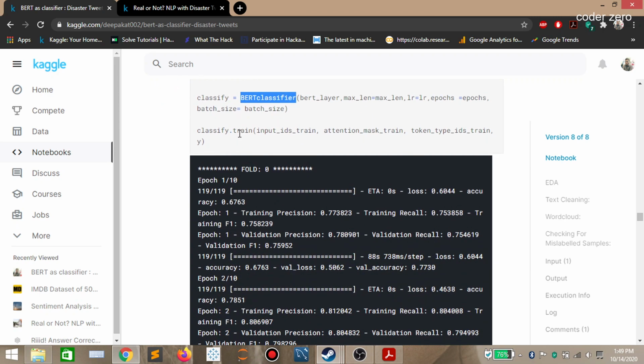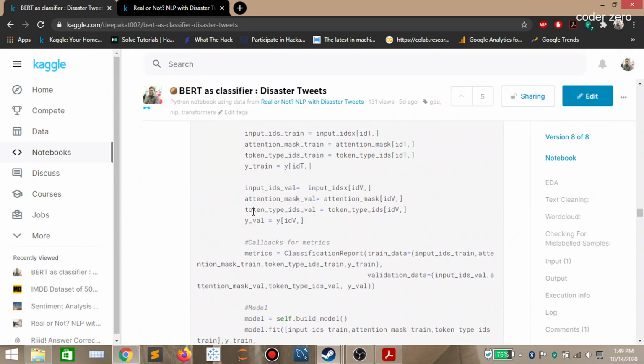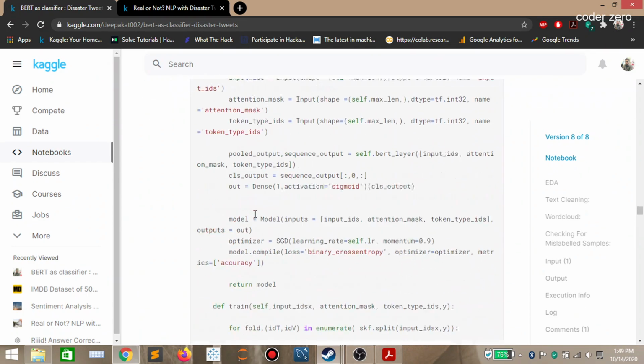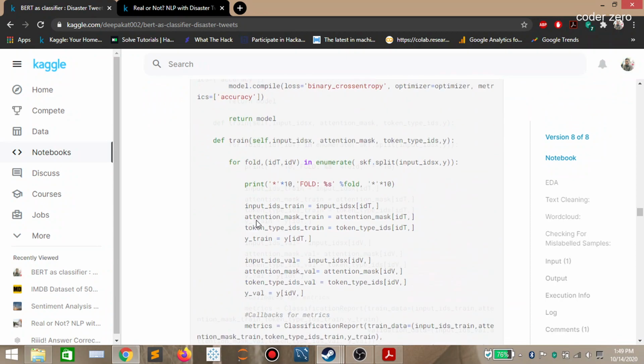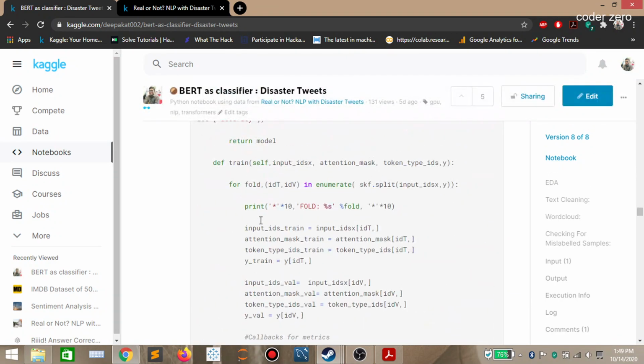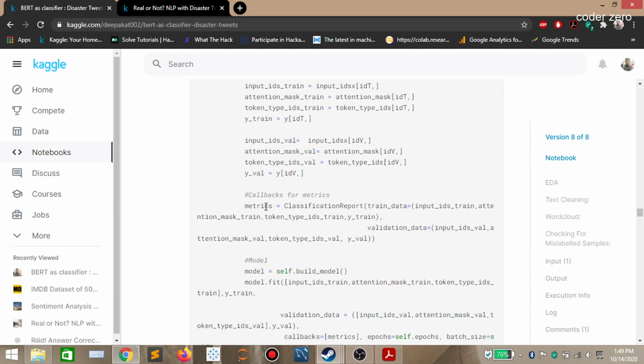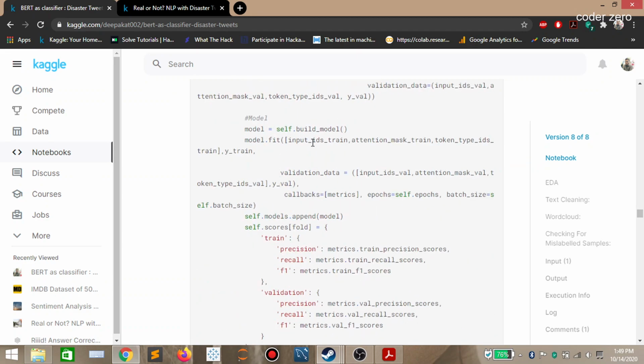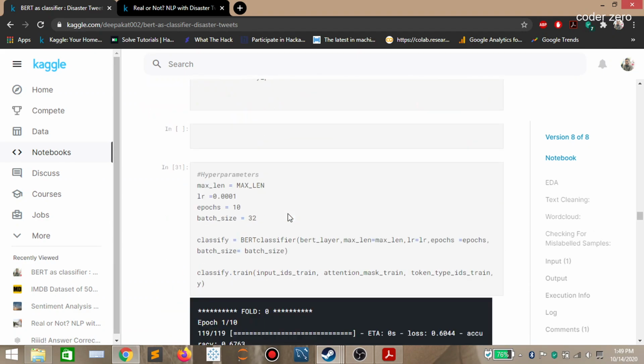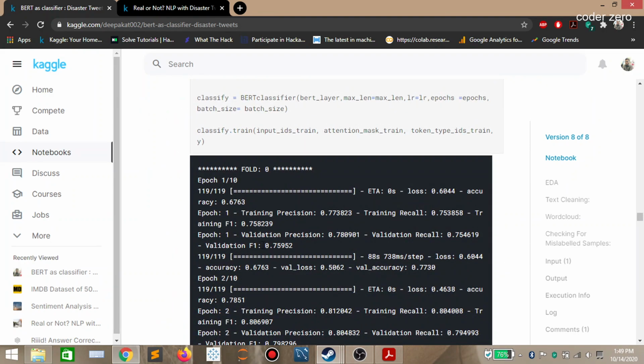Then we are doing the training, classify.train. When we invoke this function, it will split the data according to stratified k-fold with k equal to 2. Then it will create a classification report object, create a model, and fit, and then we'll be getting all those results, F1 score, recall and precision after each epoch.